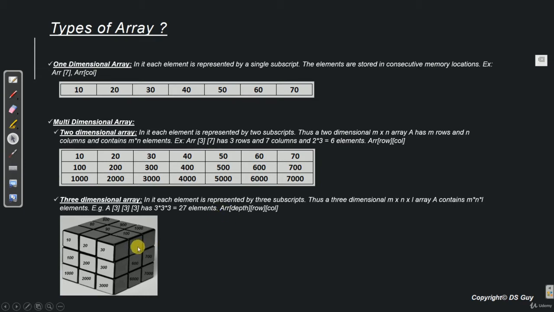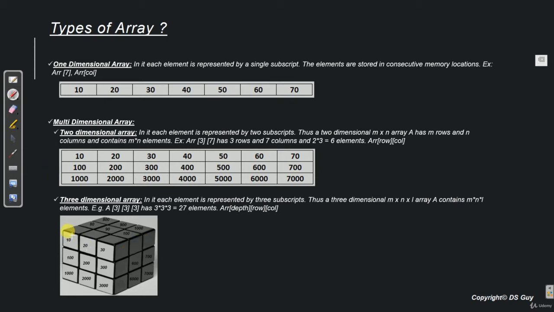A three-dimensional array is similar to a two-dimensional array but with a little twist. And the twist is that it has got a depth as well. So imagine a three-dimensional array to be multiple two-dimensional arrays. If we glue all these two-dimensional arrays to form one single array, then that will be a three-dimensional array.